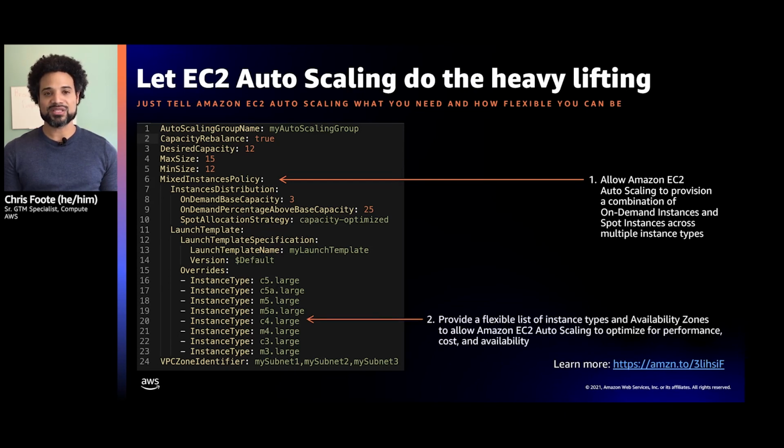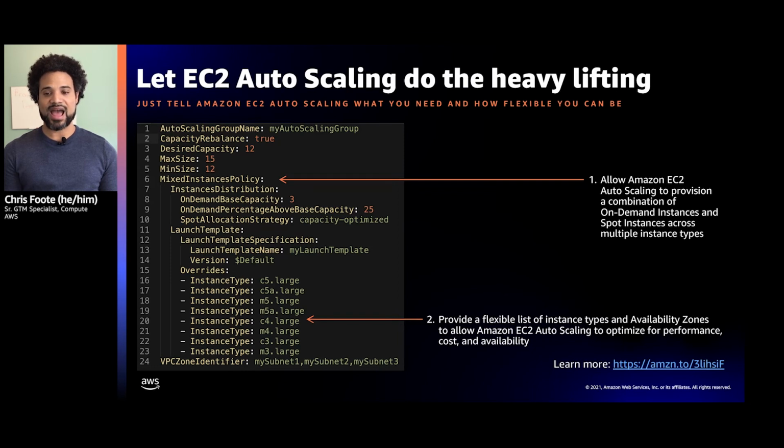I also want to give my Auto Scaling group a list of instances to choose from. And the more flexible, the better. And for Spot in particular, the best thing I can do is be flexible. Ideally, I want to be able to be flexible across instance sizes and types. So I may want to consider Cs, Ms, different families, different generations perhaps.